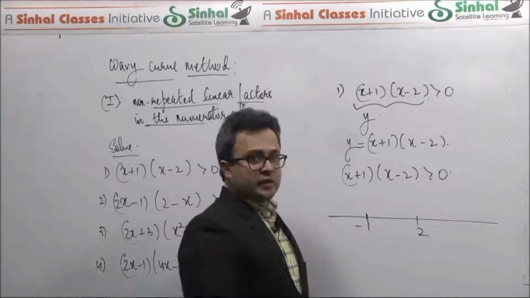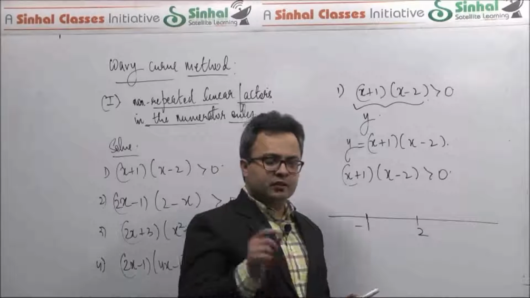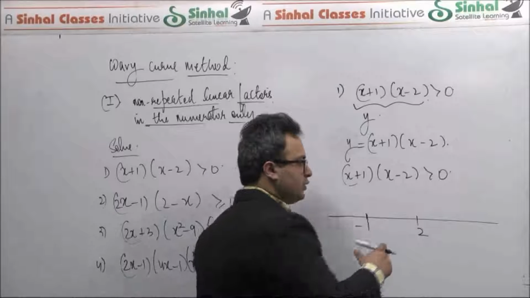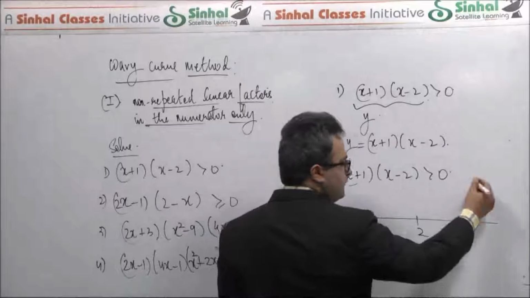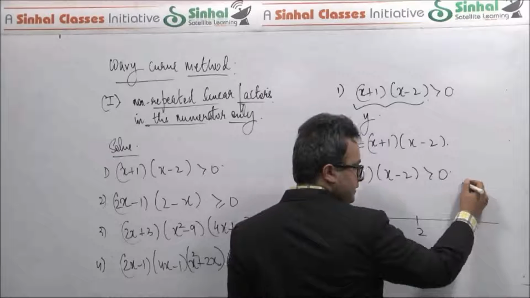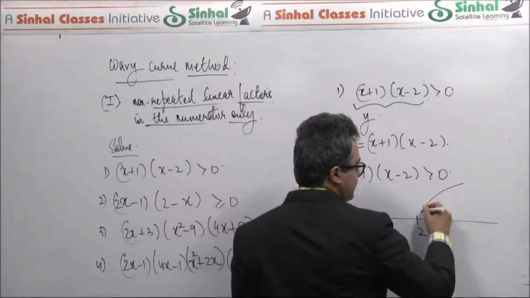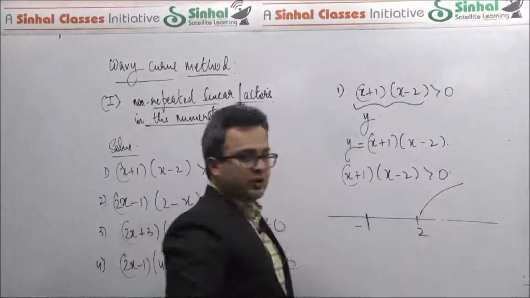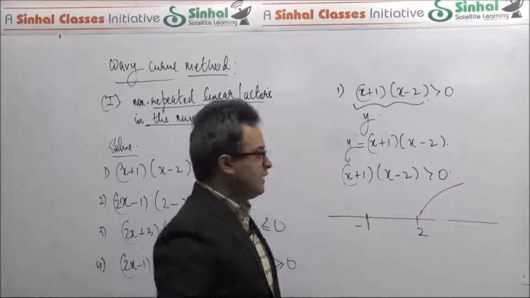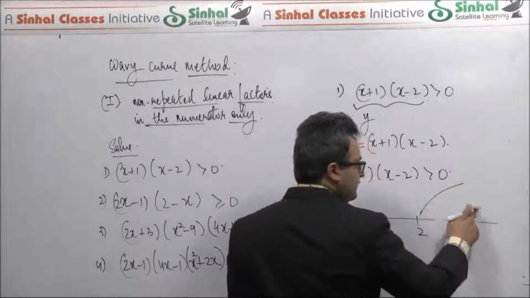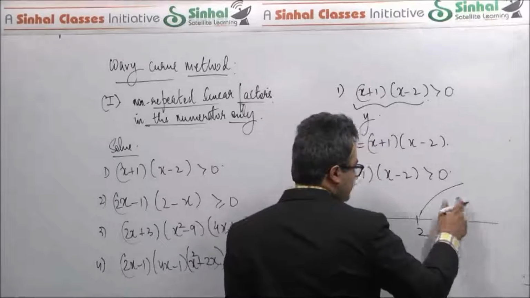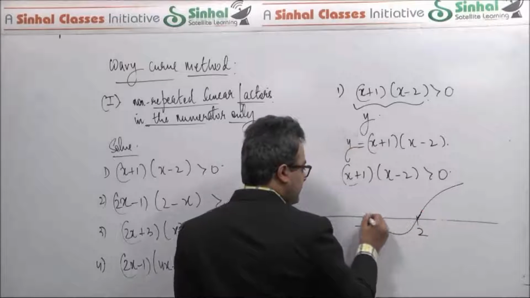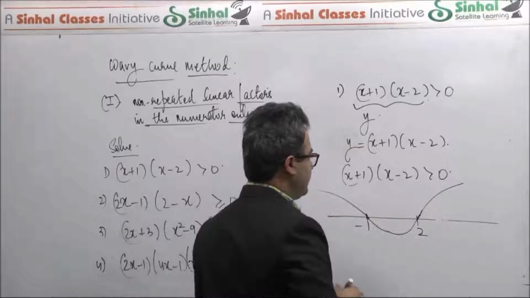Now the idea is that as long as you have ensured that the coefficient of x in each linear factor is positive, we'll go to the rightmost interval and draw a wave which approaches the x-axis from above, right? And we will make the wave cross the x-axis at each of the critical points. So the wave by default comes from above, from the rightmost interval. So you come from here, cross at 2, cross again at -1, and go back up,